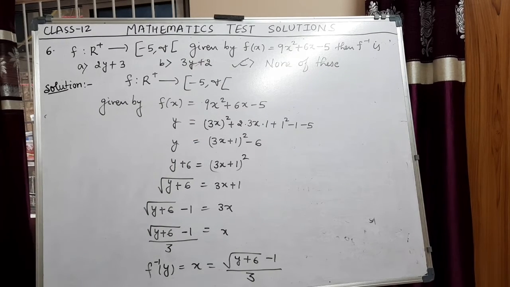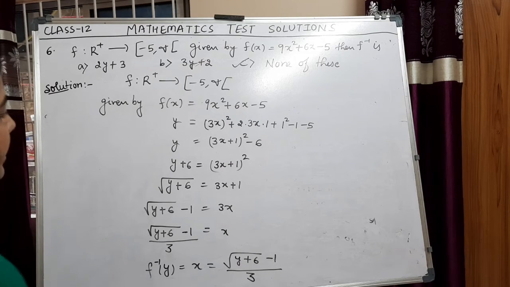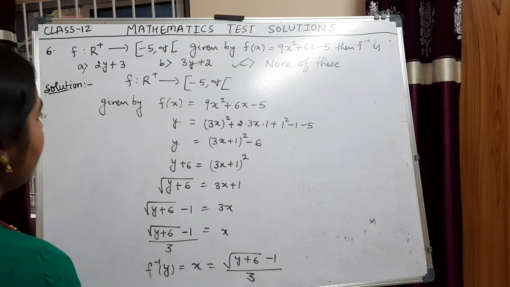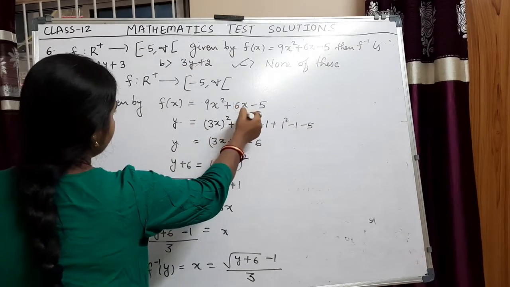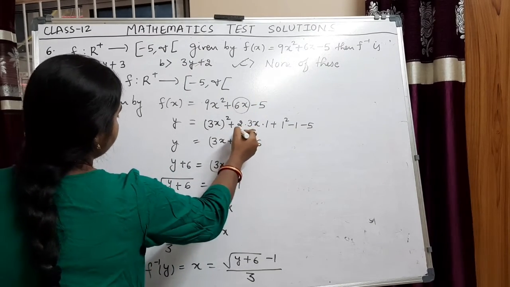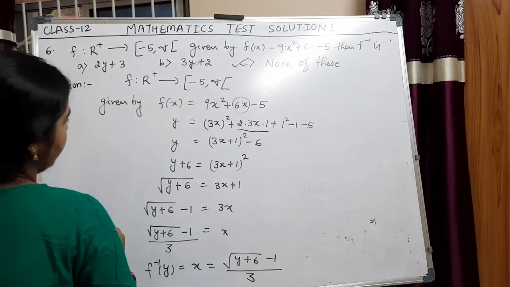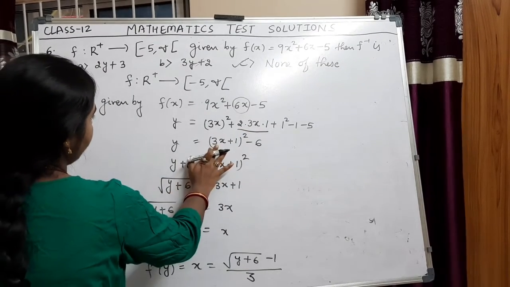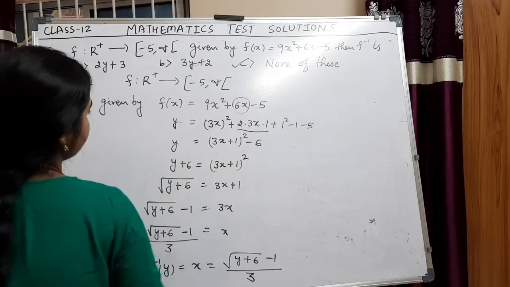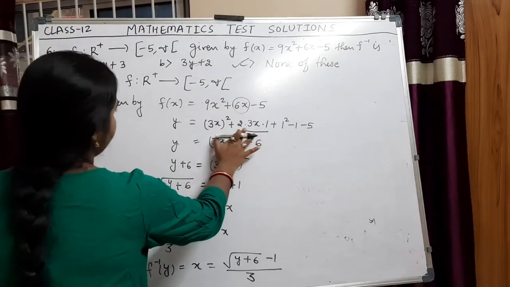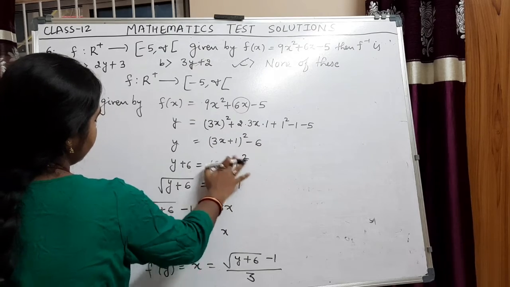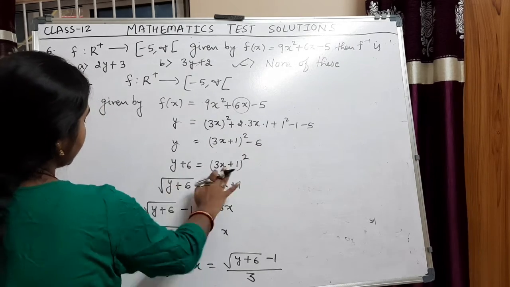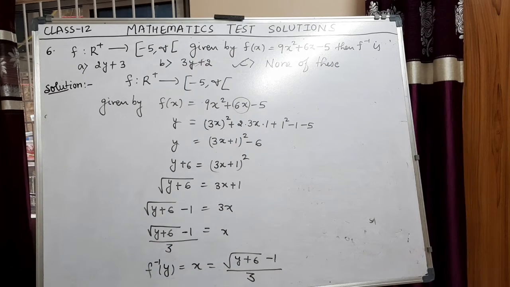These types of questions we have to solve by using an identity. Here we are splitting the middle term into 2 into 3x into 1. So it will be in the form of (a plus b) whole square, (3x plus 1) whole square. So we are taking this value y plus 6 equal to (3x plus 1) whole square and then taking the square root on both sides. So we are getting here